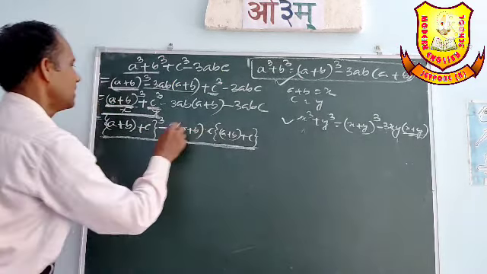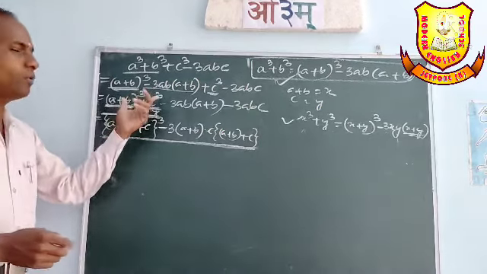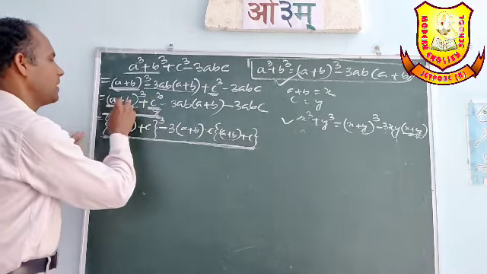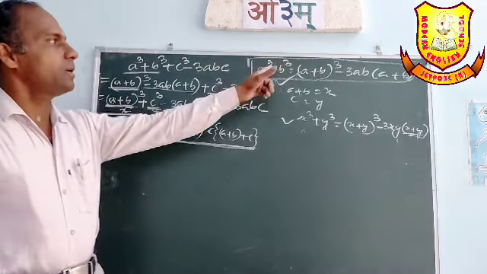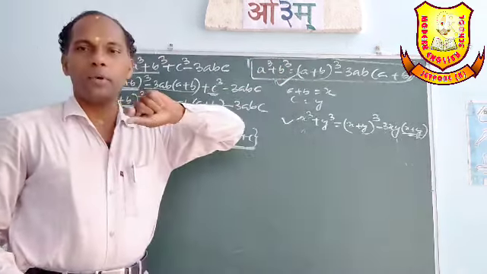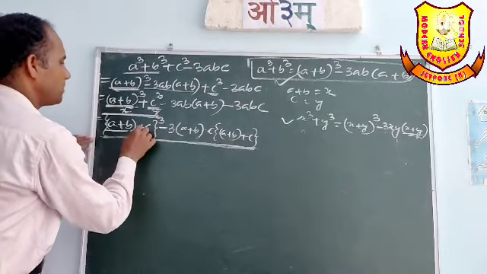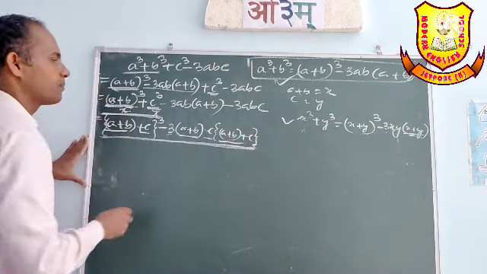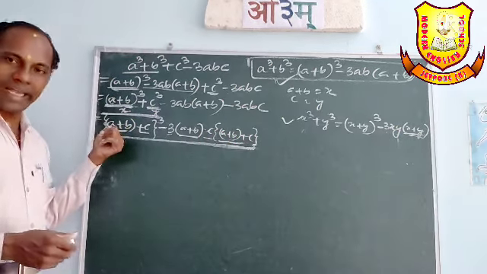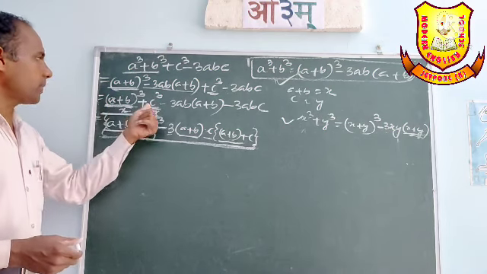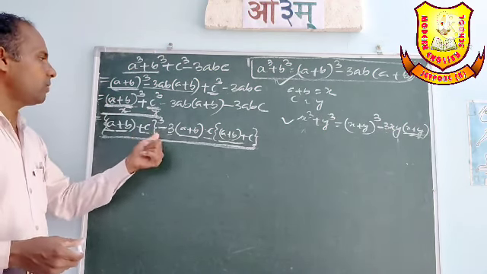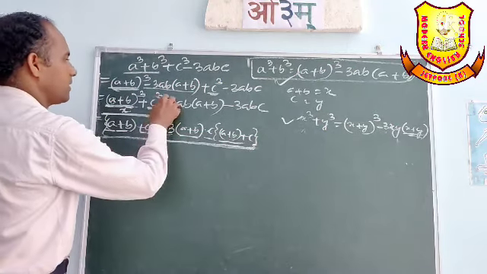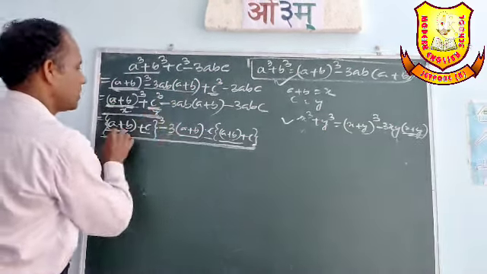Keep in mind, (a plus b) whole cubed plus c cubed is equal to this part. Because (a plus b) whole cubed minus 3ab whole into (a plus b): in place of a plus b, it is taken x. So x cubed plus y cubed is (x plus y) whole cubed minus 3ab whole into (a plus b), and the rest we have to write later. This part equal to this part we have written.